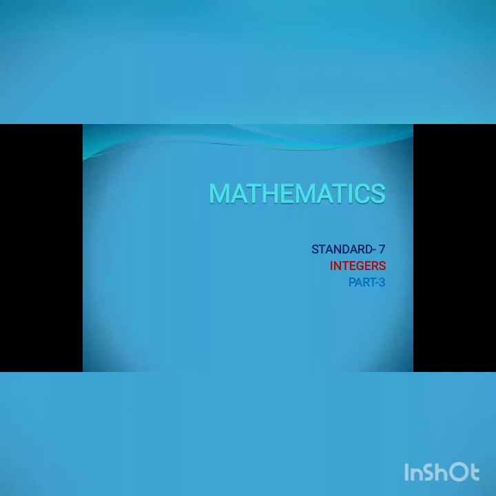So, let us continue our first chapter, integers. This is the third part of our first chapter, integers. In the last class, we had discussed some basic properties of addition and subtraction of integers, and we discussed some problems based on it. And you had done some questions as homework, and I think you cleared that topic very well. Now we are moving to our next section, multiplication of integers. In this class I have given only a small portion because you need to study how to multiply integers.